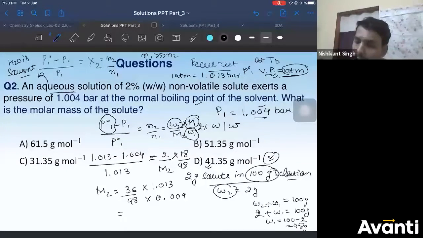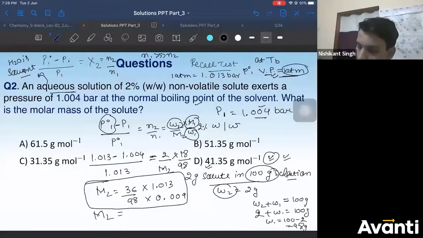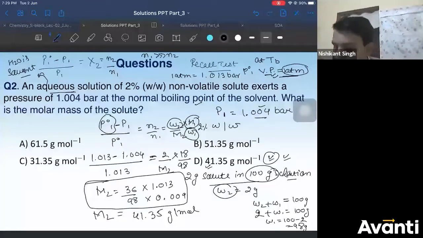No, you are getting 41.3 only, guys. Your calculation must have something wrong. Just check. This will give you the answer as 41. I just calculated it. It is coming out to 41.35 gram only. Kayuri and who else had got wrong answer? Yes, it is correct. Just check your answers. It is coming out to be 41.35 only.